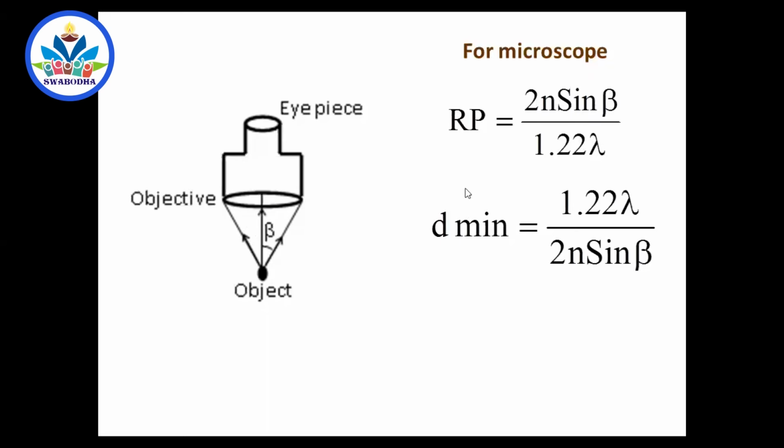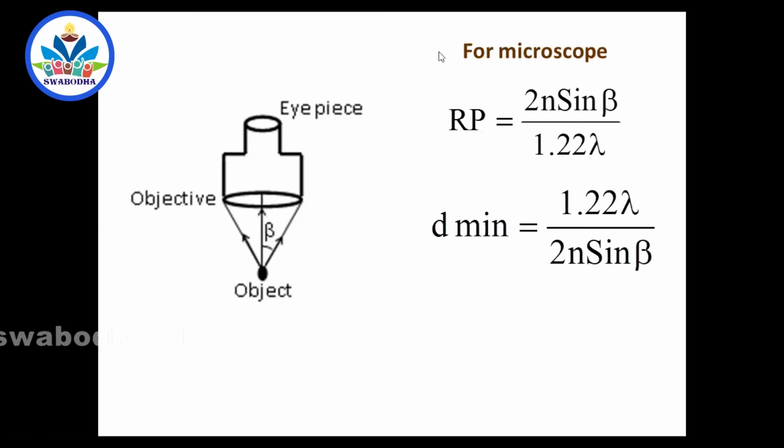Such microscopes: the first way of increasing resolving power of a microscope is filling the oil in the gap between the object and the objective. The gap between the object and objective is filled with oil of higher refractive index. That increases the resolving power. Such microscopes are called oil immersion microscopes. So if you are asked to write what are oil immersion microscopes, don't write that oil immersion microscopes are the microscopes which are immersed in oil. That is not the answer. Oil immersion microscopes are the microscopes where the gap between the object and the objective is filled with a medium of higher refractive index.